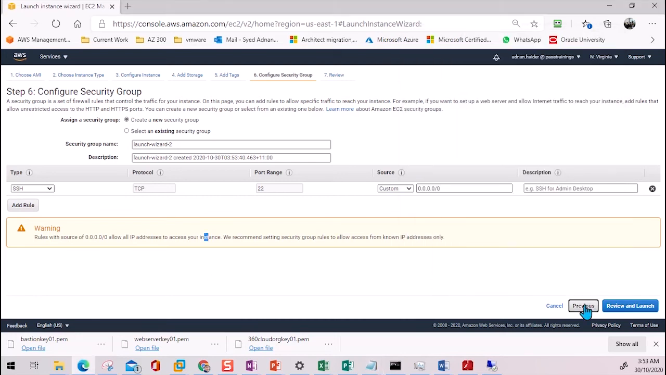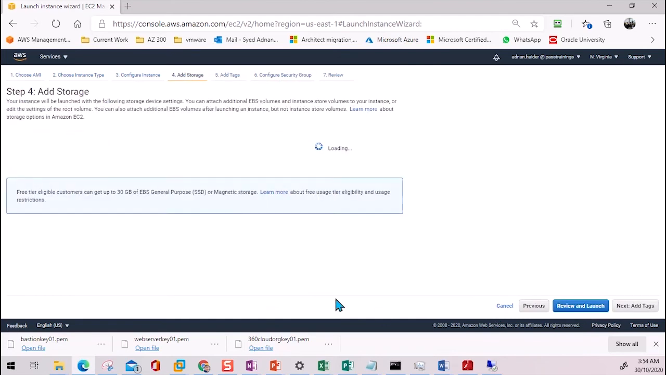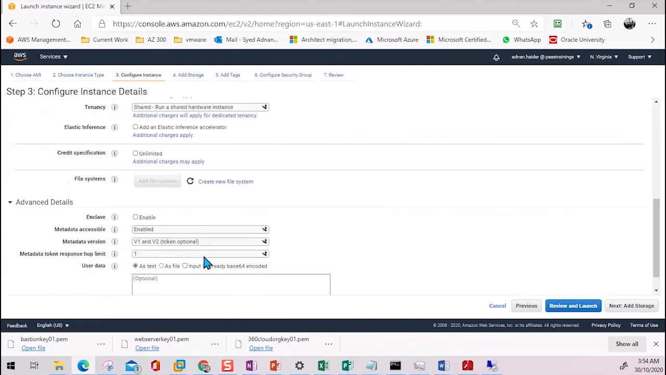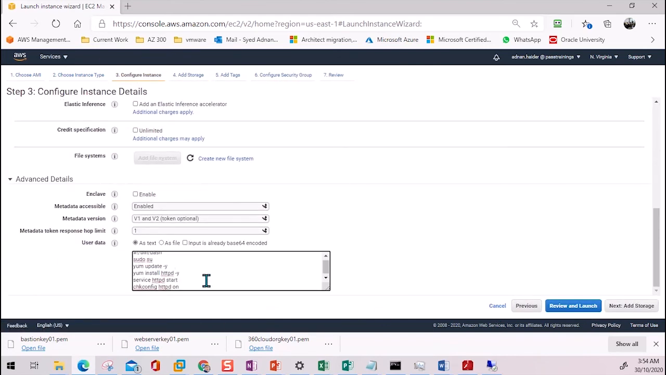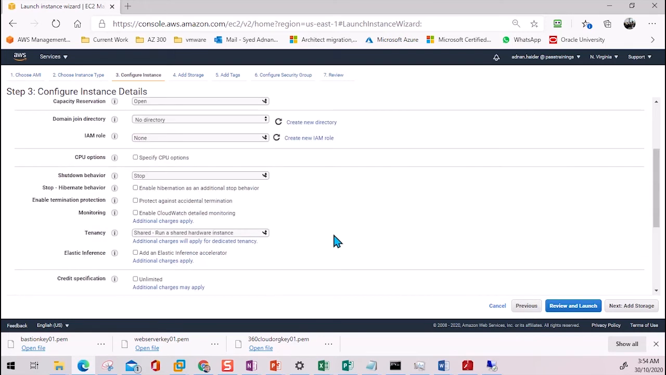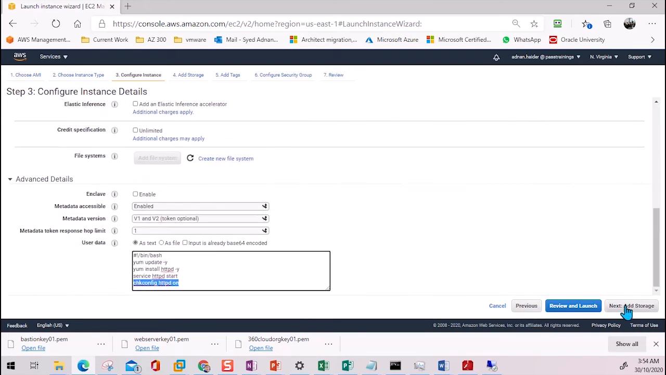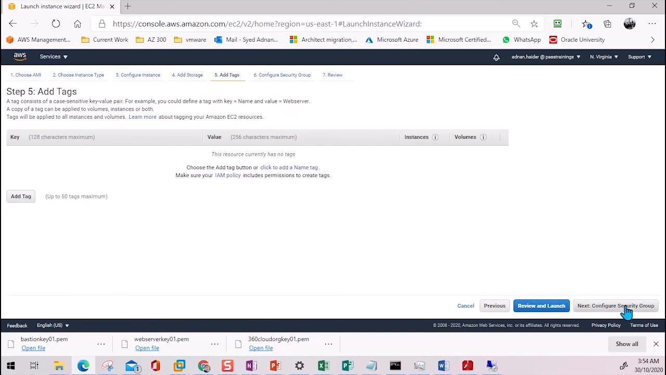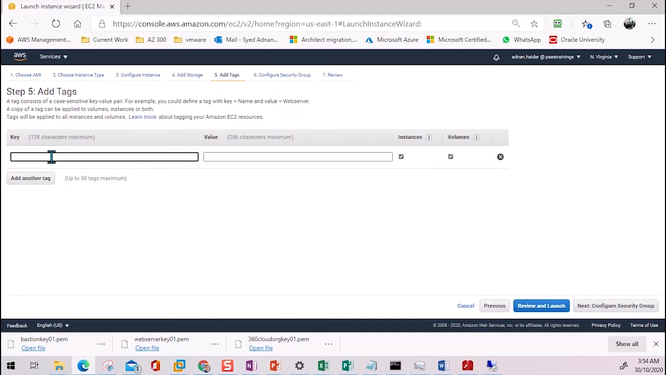While creating this EC2 instance, on the configure instance page, let's quickly go through this. We don't need this. Sudo su, yum update. This will update the VM. This will install the HTTP web service. This will start the service. The last command will make sure that the service stays on even if this machine reboots. Other than that, we don't need anything else. In the storage, we don't need anything. Here we are going to call this